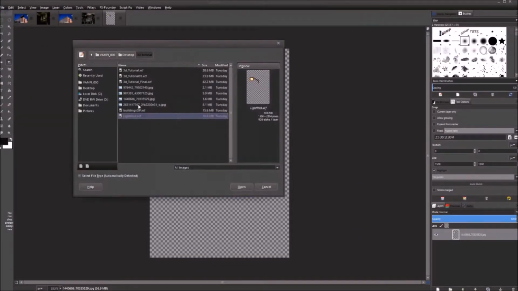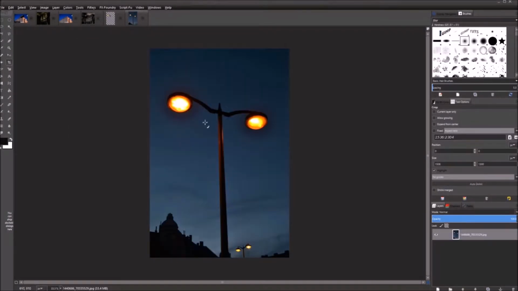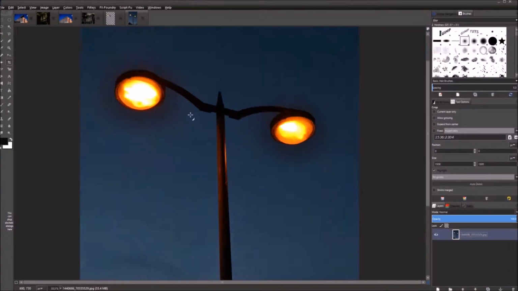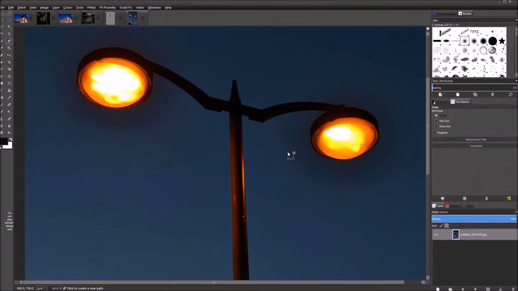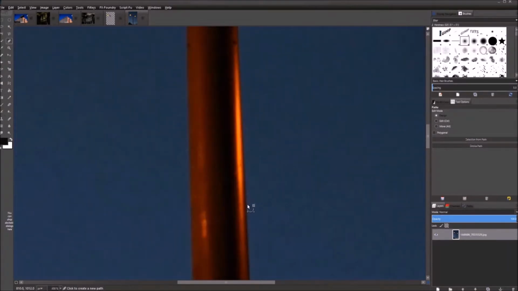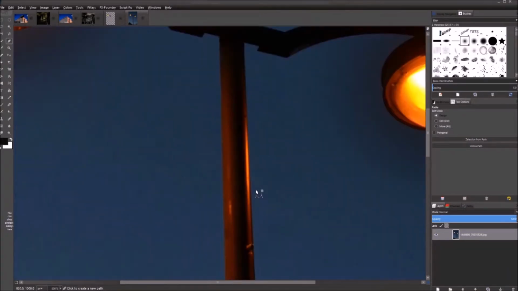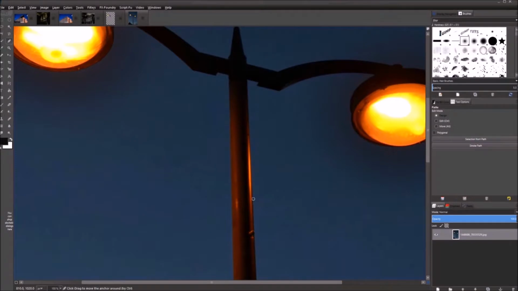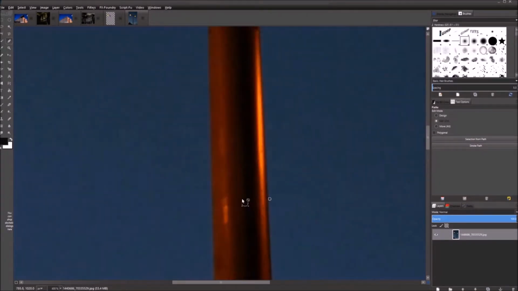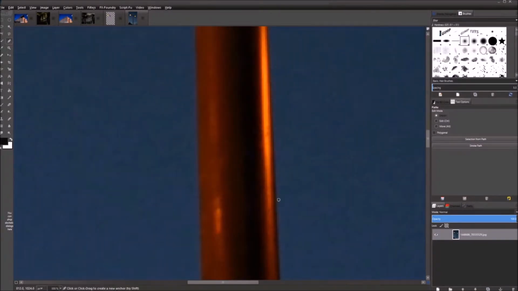File, open, and we are going to open the lamp layer here, and we're going to just grab our path tool, and we are going to zoom in here quite a bit. Let's see, about here is fine, and we'll just put a point there and move it in some, and then we'll click over here,